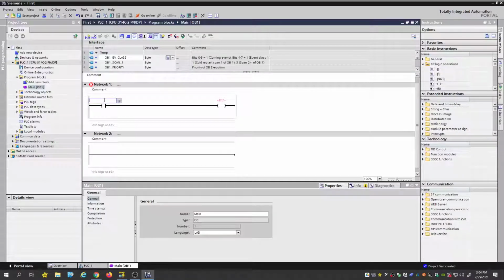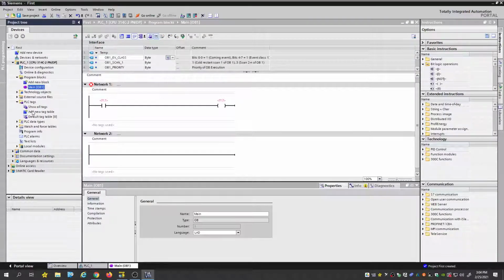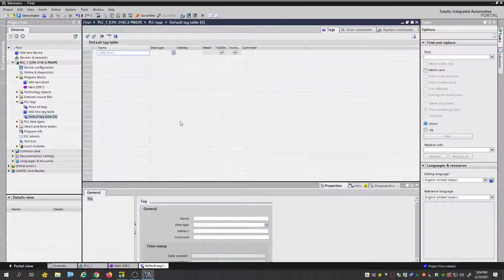Now right here you could start doing your tags here, but another way to do your tag is to come in here to PLC Tags, and then under this right here you could go to the show or the default tag table, and then this is where you would actually add in all your tags. Alright, so we're going to do a couple of alias tags as we would do in Studio 5000. So I'm going to name this one